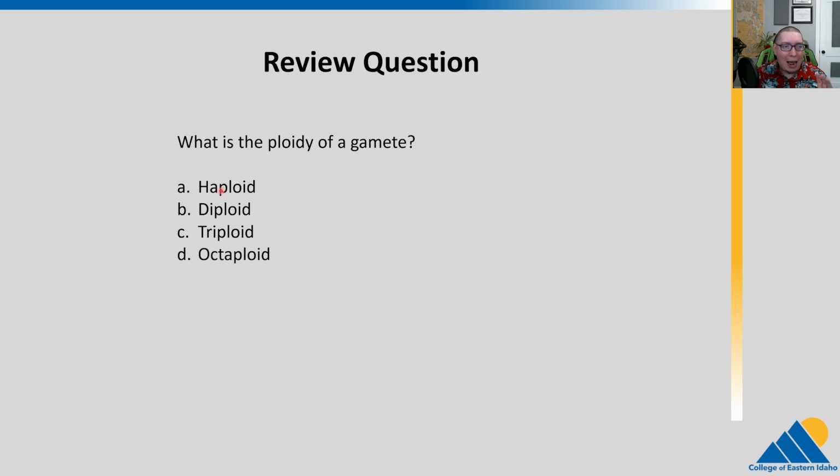Technically, though, and not to confuse you, haploid means half ploidy. So in plants, we have this phenomenon called polyploidy, where plants can be 4N or 8N, or I've seen 32N. Technically, their haploid gametes would be half of that, and then they would recapitulate their full ploidy at the end. But for us, we're going to focus on a diploid-haploid interaction there. So haploid would be the ploidy of a gamete, and for us, that'll be 1N.